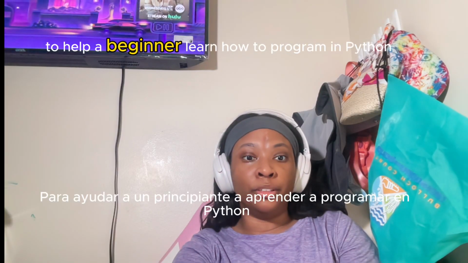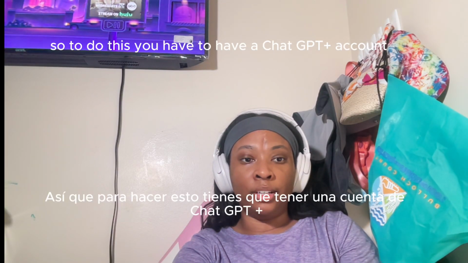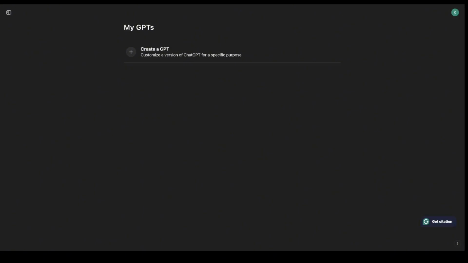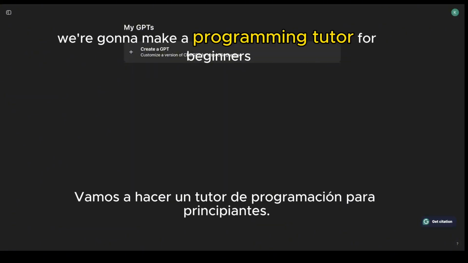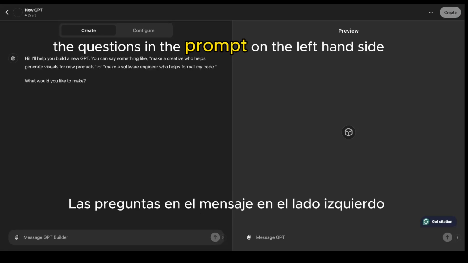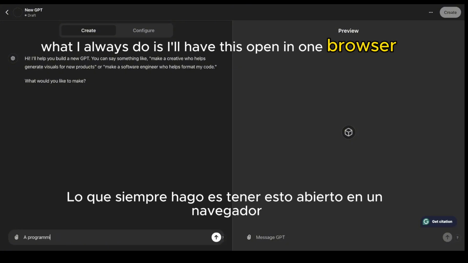GPT to help a beginner learn how to program in Python. So to do this, you have to have a ChatGPT Plus account, and you're going to select Create a GPT. For this exercise, as I said, we're going to make a programming tutor for beginners. And so all you have to do is go along and answer the questions in the prompt on the left-hand